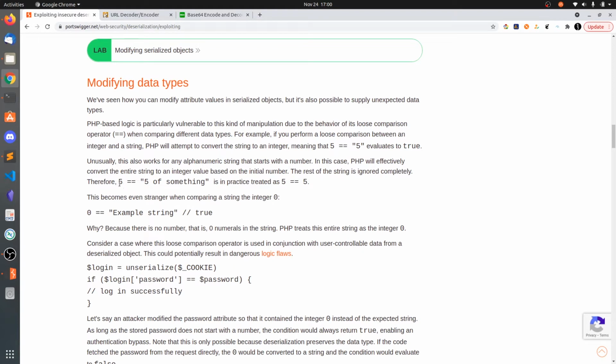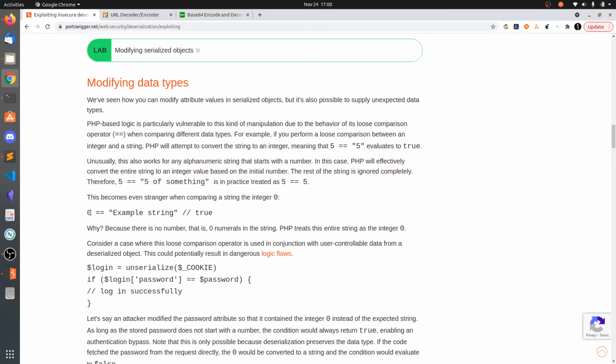So let's take an example. The integer 5 is equal to 5 of something string. So the first one will be recognized as an integer, and the rest of the string will be neglected, and this will be turned into 5 equals 5, true. So you can see there is so much insecurity here, and also you can see here 0 is equal to a string.